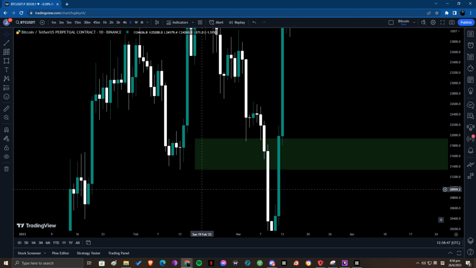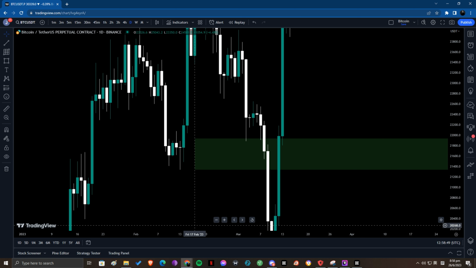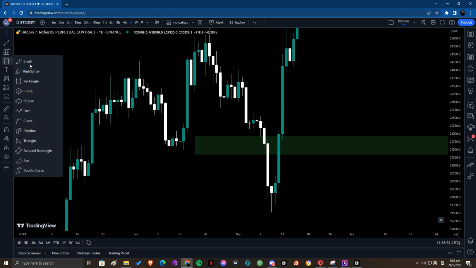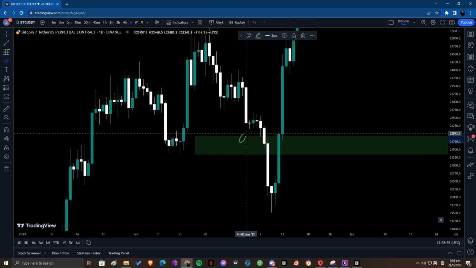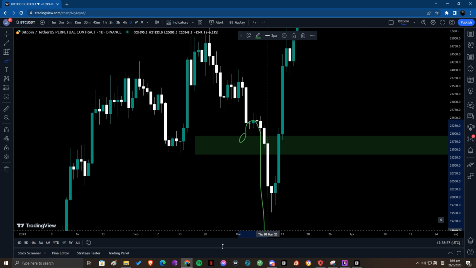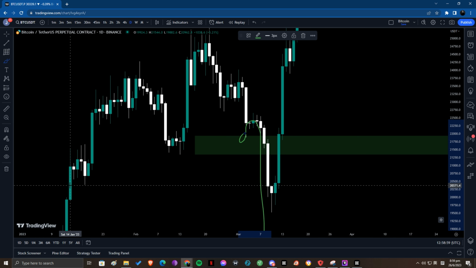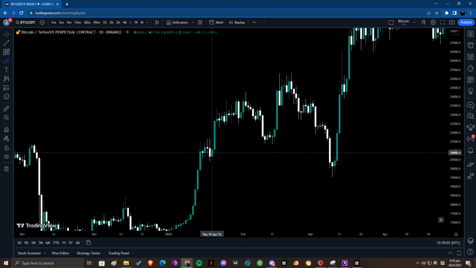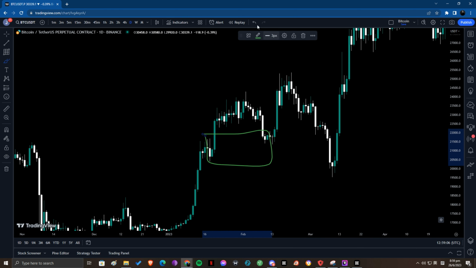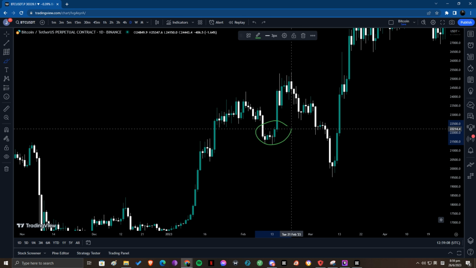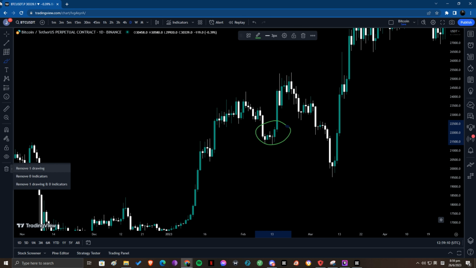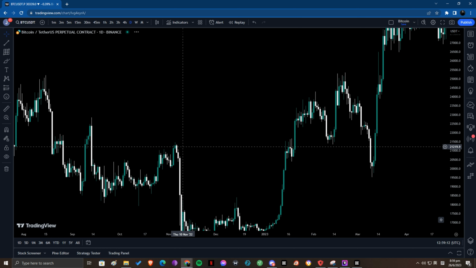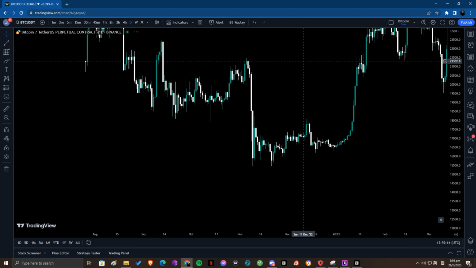It's essentially a very weak order block. Did the price even react to it? Maybe just a little bit. We have a little wick touch it, and then we immediately blast right through it. Okay, so this is something that you have to understand. This is considered a strong order block. This, on the other hand, is a weak order block. So let's look for more examples of real order blocks and fake order blocks.